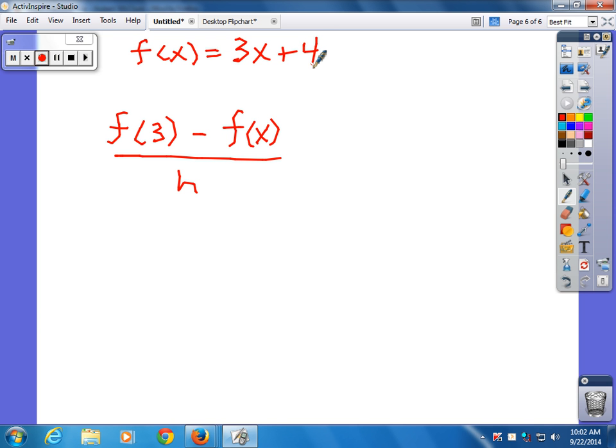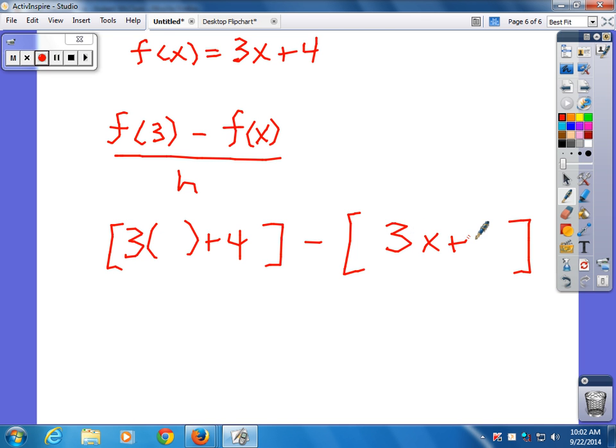All right, do that. First one would be what? 3 parentheses plus 4 minus, and this one doesn't change. This is just this. Over 8. And what goes here? What goes here? Why would you put the 3 in front